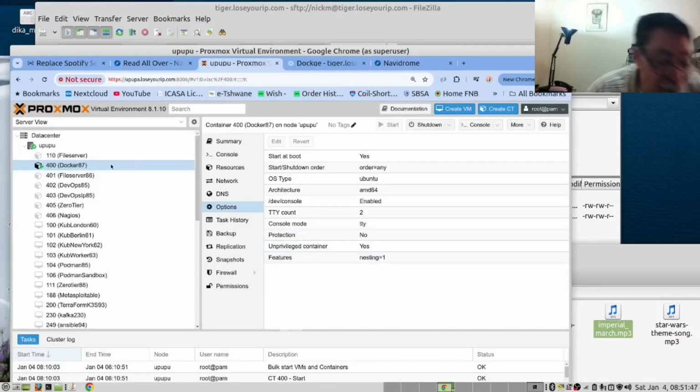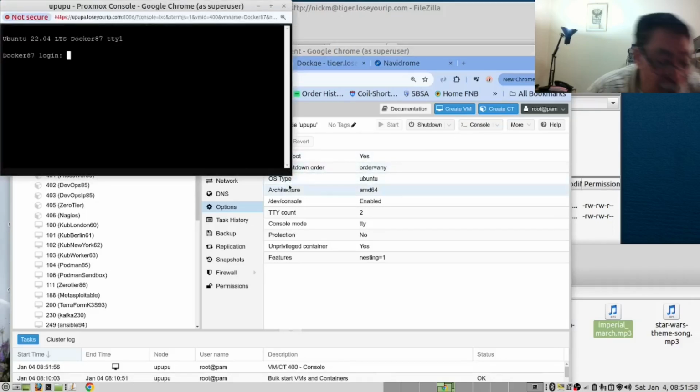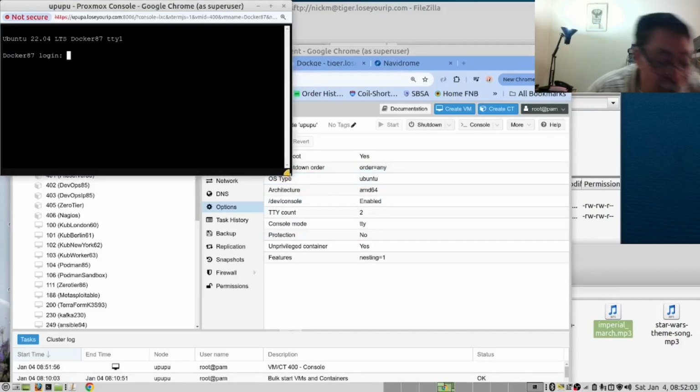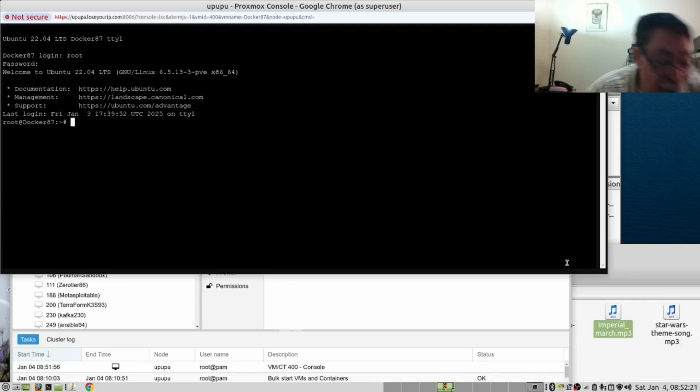We have this LXC container which we have set to start at boot. So all we need to do now is to connect to the console. And yes, I can log in with my user, but I'm going to log in as root. I just want to mention that when I use Filezilla, I don't log in as root, I log in as my user. The first thing we want to do is to create a Navidrome folder